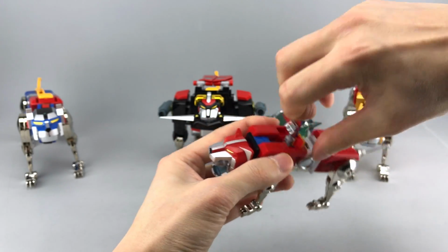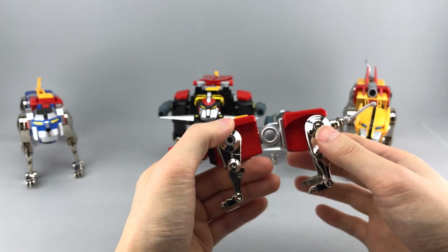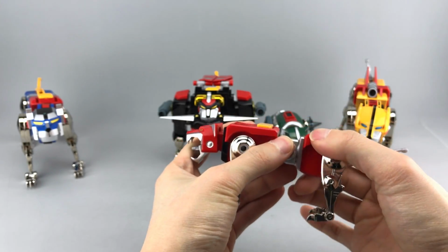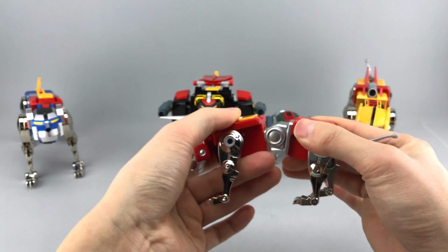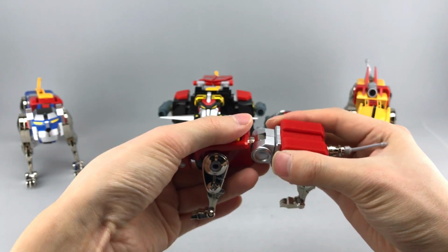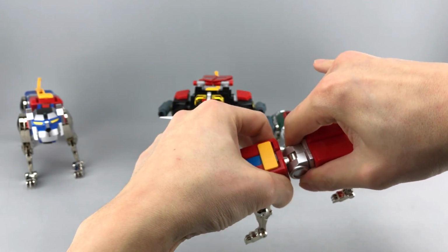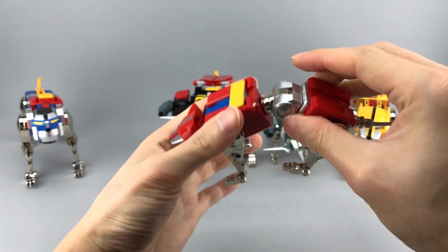The other feature is this flip-up weapon here. Like I said, most of the lions have. Other articulation here, he does swivel at the waist, and then he has the bend, ratcheted bend, which becomes part of the elbow in Voltron mode. And if you want, this is also a Voltron mode feature, but you can extend it to get even more range